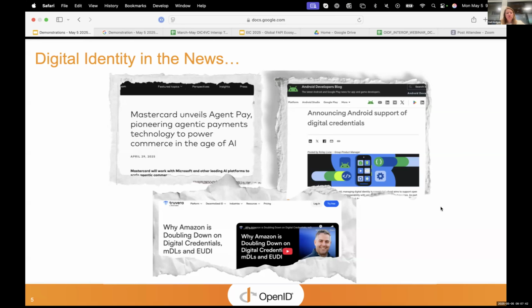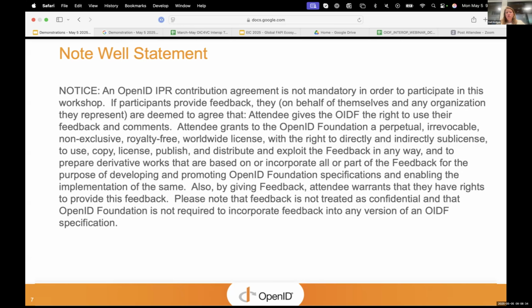We are also welcoming any feedback from the community. Please do take note that feedback would be considered as an IPR contribution for the purpose of today's discussion. So if you have not signed a contribution agreement to protect your feedback to the OpenID Foundation more broadly, like in our working groups, then just do take note that any comments that you make could be used by us as part of this statement and that coverage. So we could obviously make full benefit of any comments that you might have and share today.